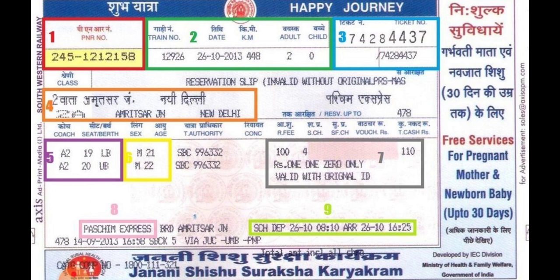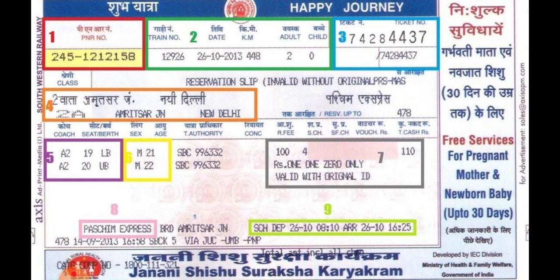Next, you can see the boarding station and the arriving station. The boarding station, where the passengers will get into the train, is Amritsar Junction, and they are going to New Delhi. So, from Amritsar to New Delhi, they are going. And how many kilometers from Amritsar to New Delhi? That we have already seen in the kilometer column. Okay, so this fourth column, I hope it is clear to all. It is second AC and the traveling junction stations are Amritsar Junction to New Delhi. Okay. Moving on to the fifth column.